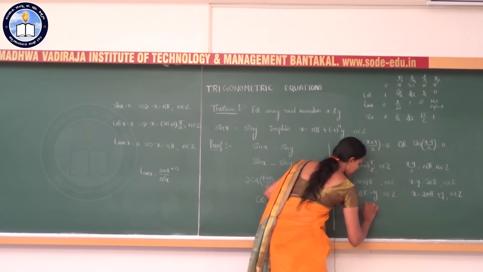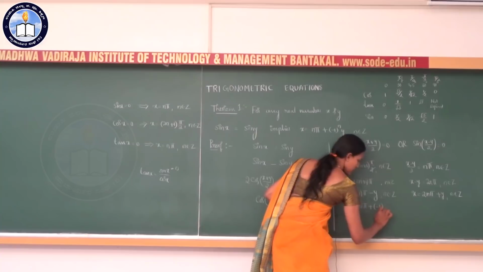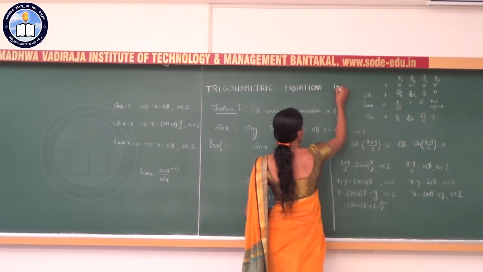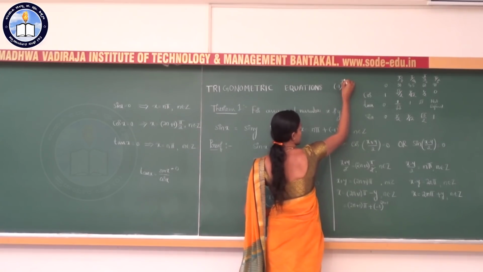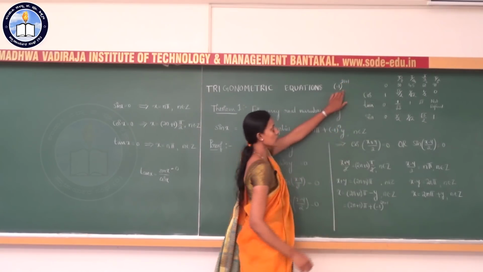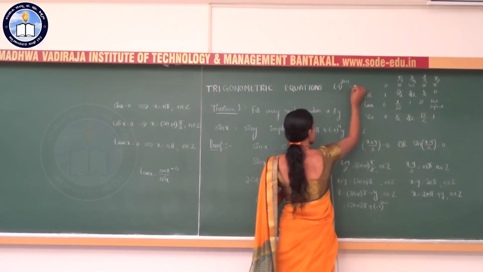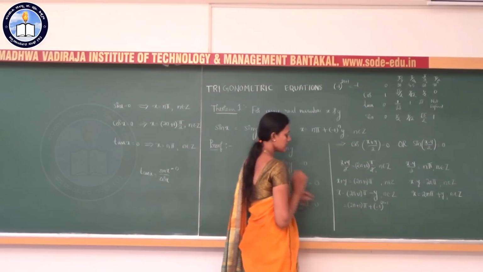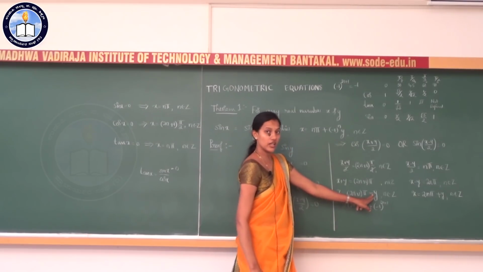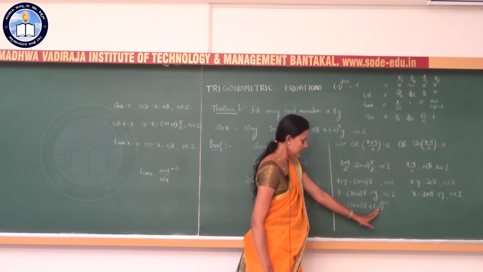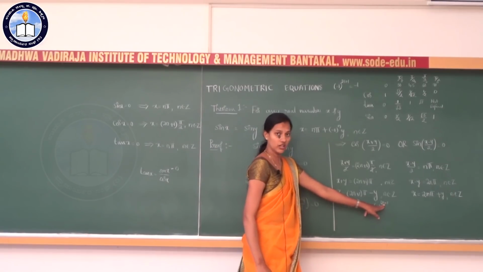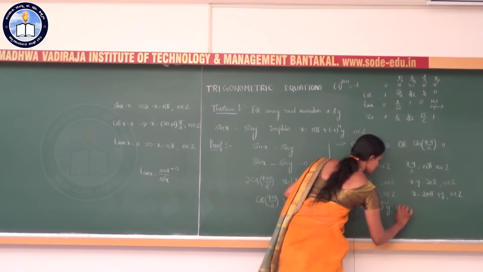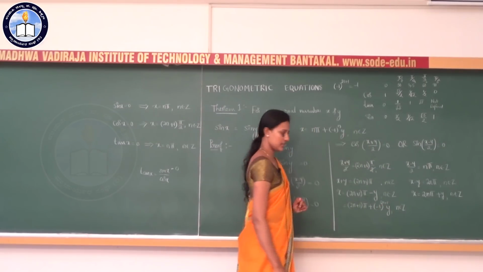Minus 1 can be written as minus 1 to the power of an odd number. Take any odd number, 2n plus 1. Minus 1 to the power 2n plus 1 is always minus 1, isn't it? Minus 1 to the power of an odd number is minus 1. So here, minus 1 we will write as minus 1 to the power 2n plus 1 into this y as it is, where n belongs to Z.